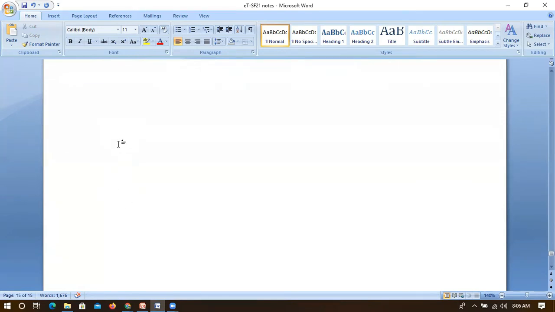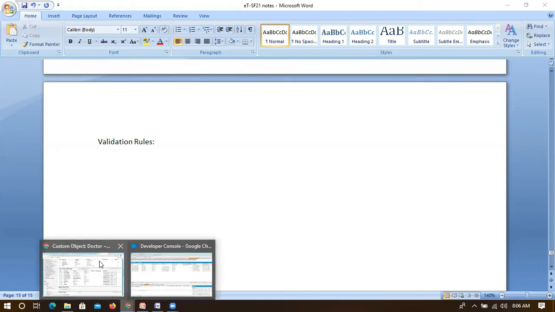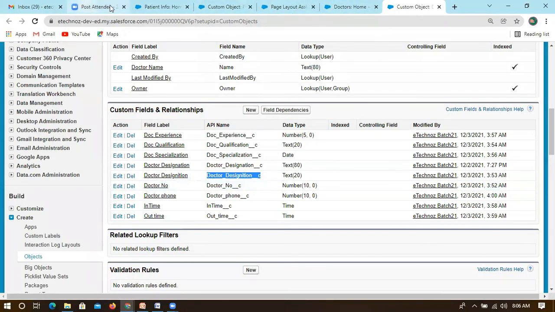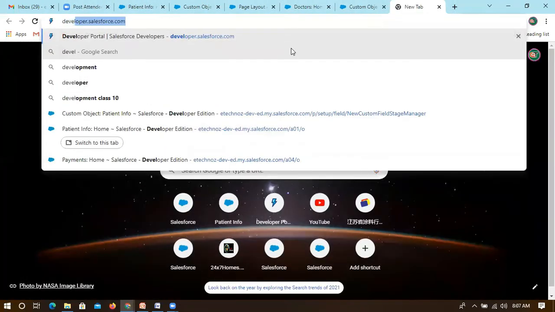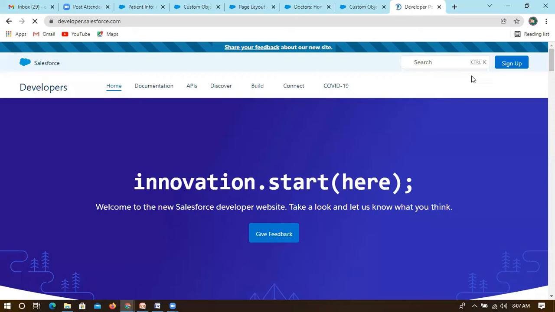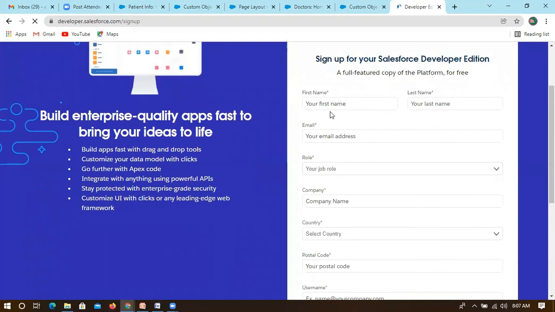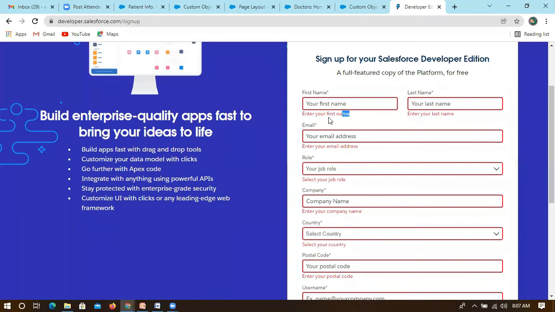So now let's jump into our main topic for today, that is validation rules. Have you come across this when you're creating some sort of data? Let's take developer.salesforce.com. Initially we created an account, right, when you sign up to Salesforce. You can see the first name, I'm not giving any data, simply signing up. What will happen? It will throw all the information.